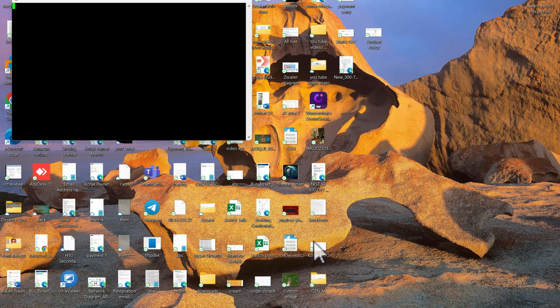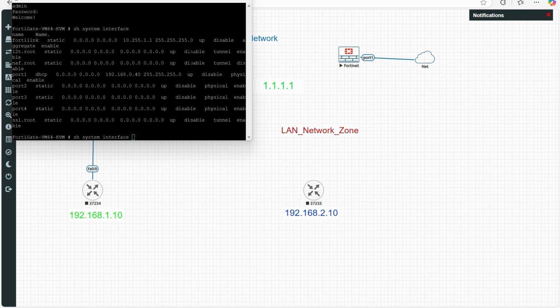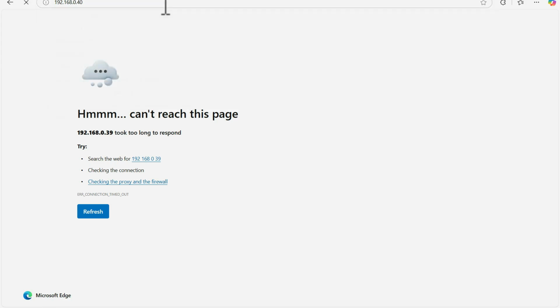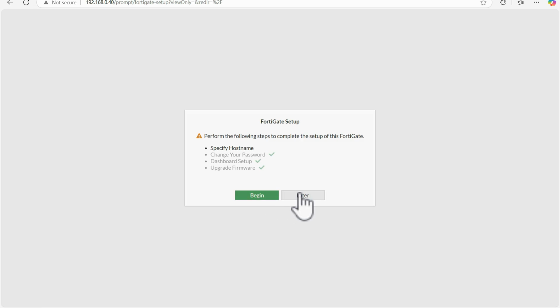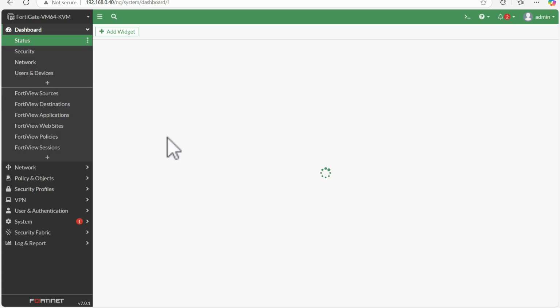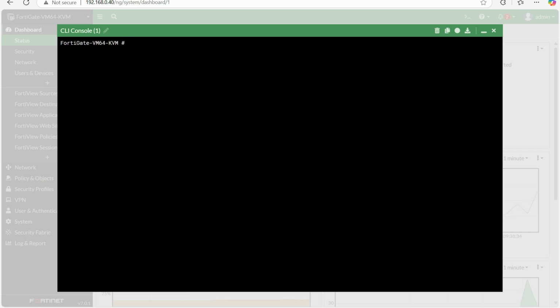Just give me a minute so that I can show you how we can configure this on the particular FortiGate. System, interface. So I just logged in.